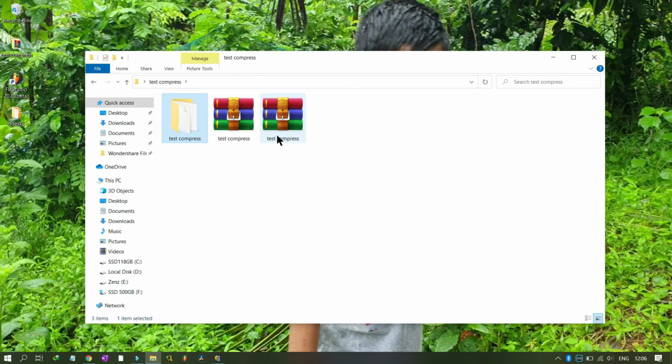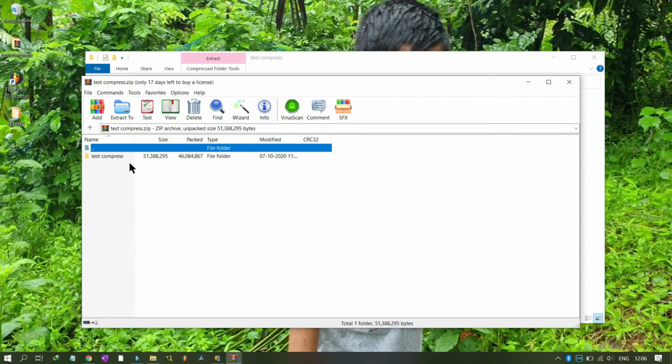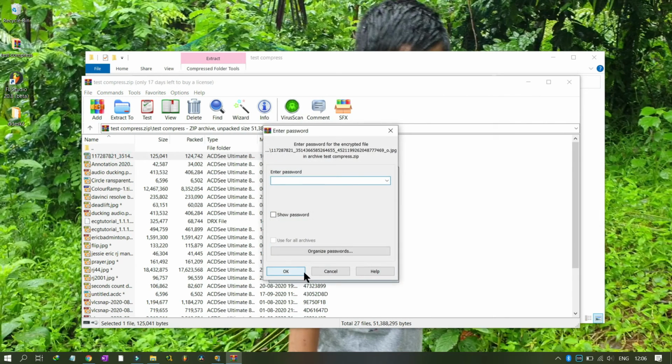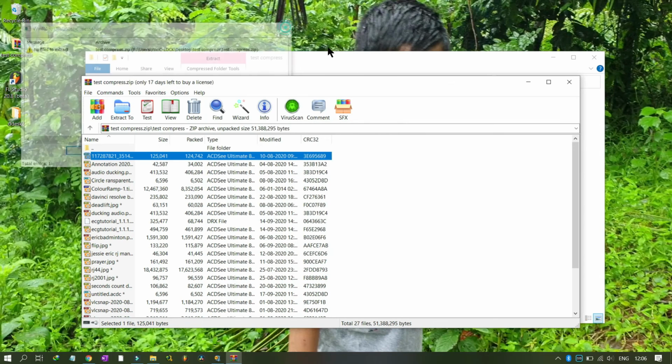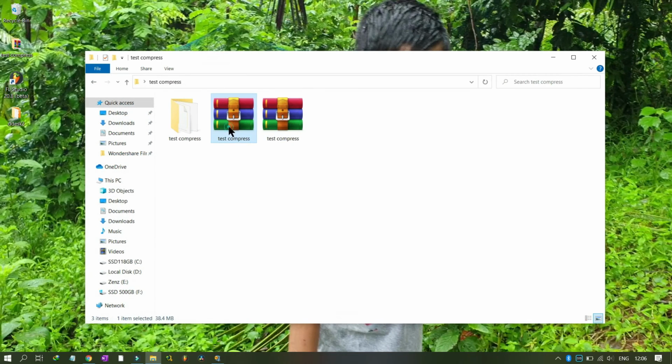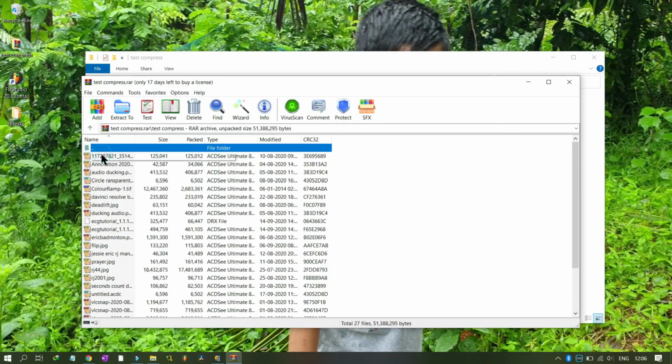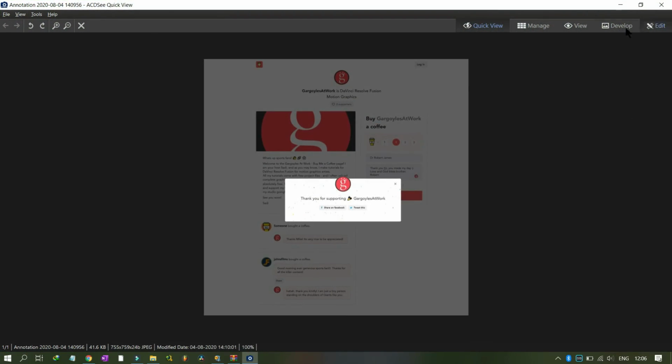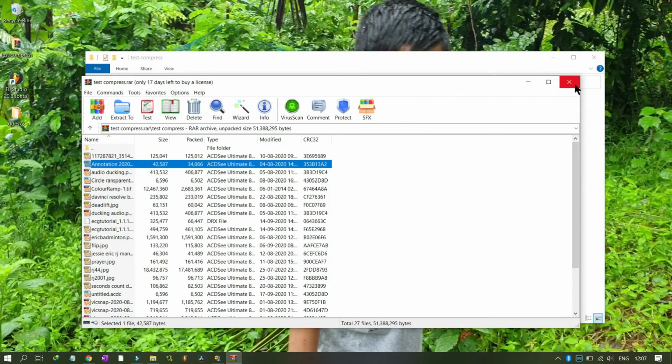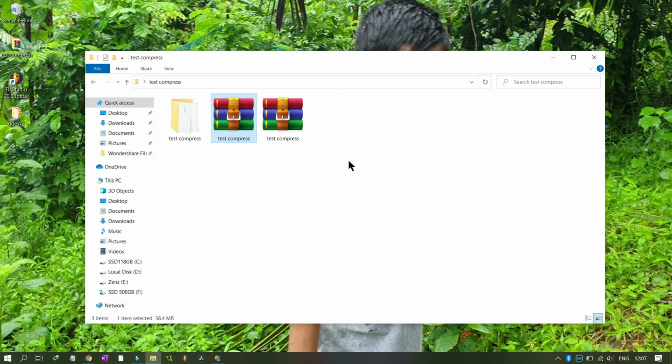See, now if you double click on it, it is password protected. It will not open. Whereas this file, if you double click on it, it will just open because it is not password protected. So that is a very nice feature. But in these softwares I found a small bug, like in test compress.